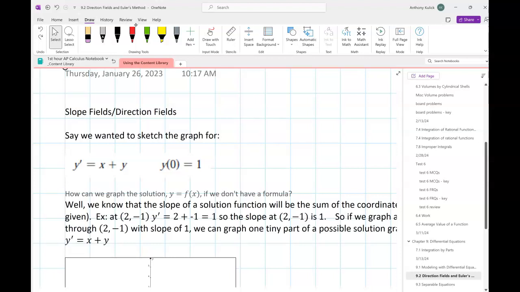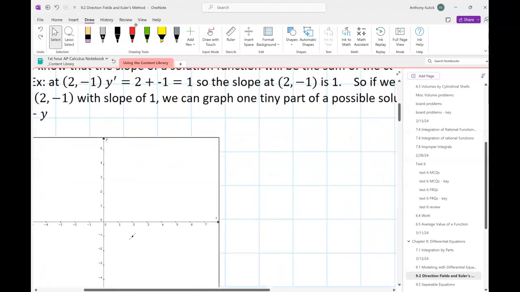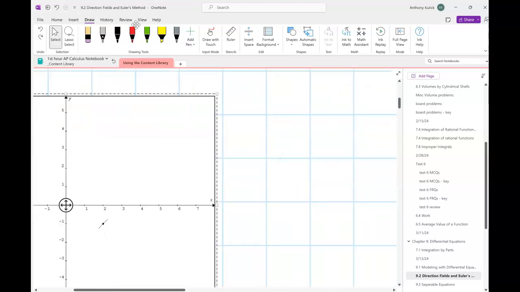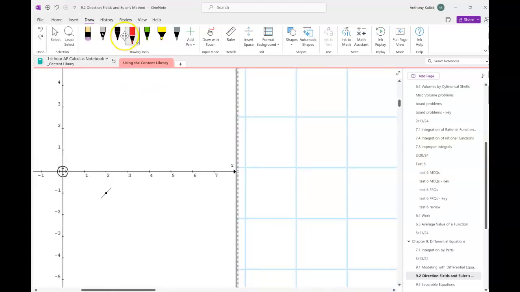So if we're at the point 2, -1, then the slope for our solution should be 1. So if I plotted that point, I should draw a line with a slope of 1. Just a little segment,